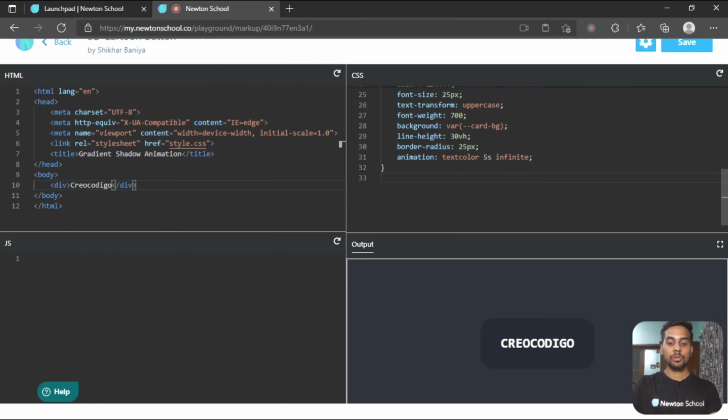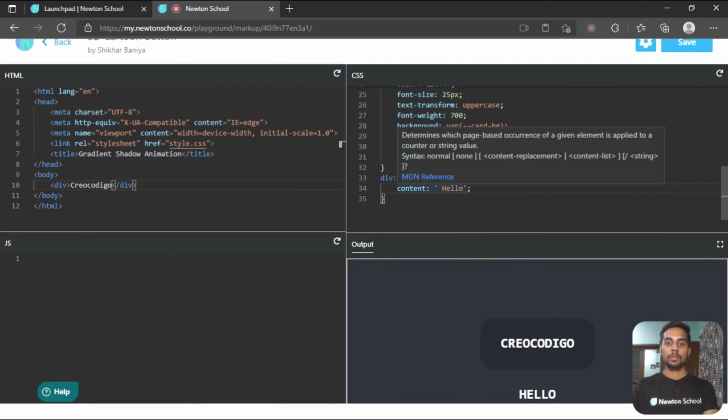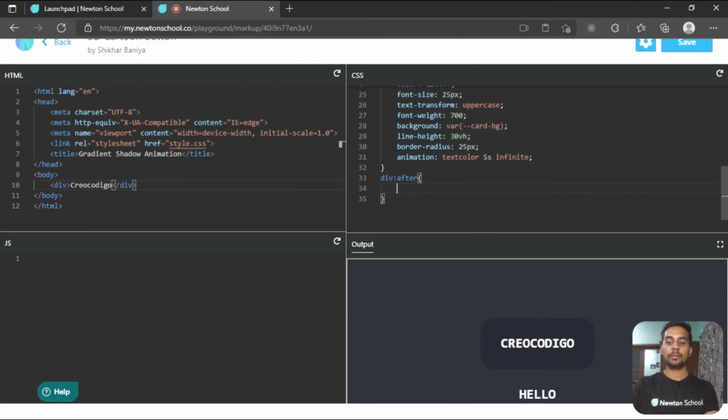Now div and edit after of that div. So div after. After is a pseudo element which allows you to add something after your parent element. Like if I write here content and let's say hello, it will add this hello after your element.